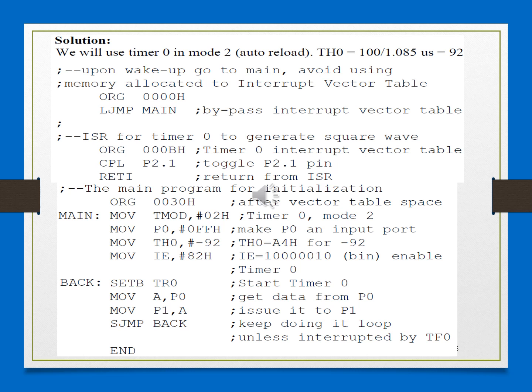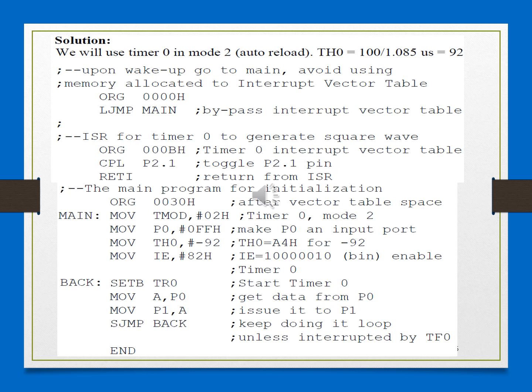If you remember, all of our programs start from ORG 0000H. Since we are not supposed to use the memory allocated for the interrupt vector table and the ISRs, we are saving the program from some other location. So we indicate immediately after ORG 0000H, using the LJMP main instruction.